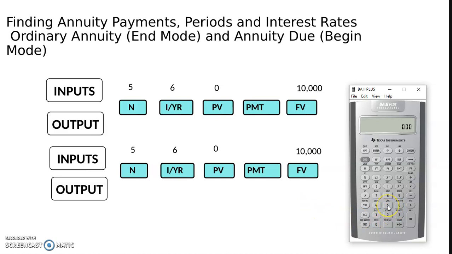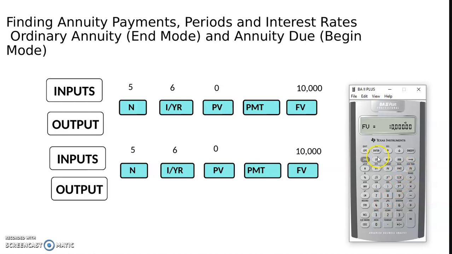So n equal to 5, 5, n, setting n as 5, interest rate per year as 6%, so 6 and I/Y. Recall, the financial calculator does not expect 6% or 0.06, just 6 is sufficient. I don't have a lump sum in the form of a present value, so I have 0 PV. I need to calculate the PMT, but I do have a future value of $10,000, so I have 10,000,